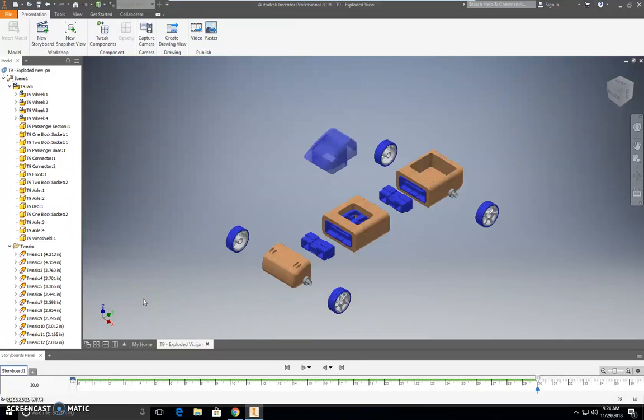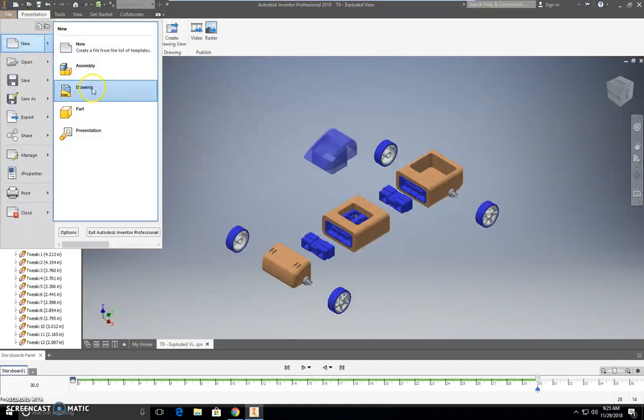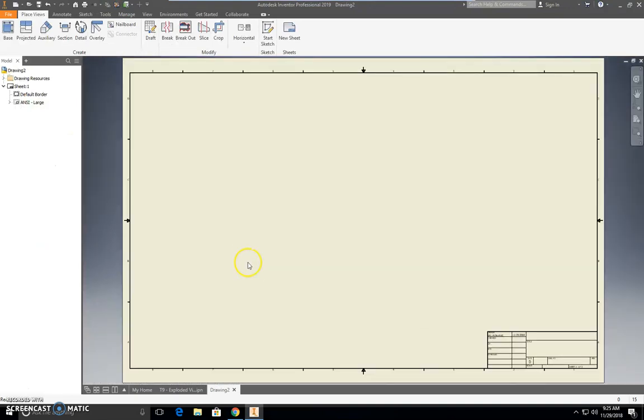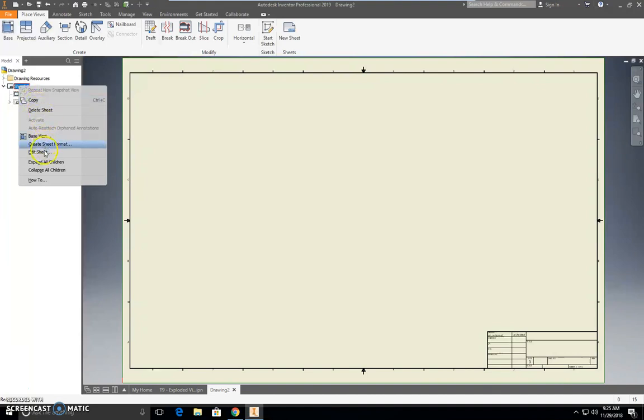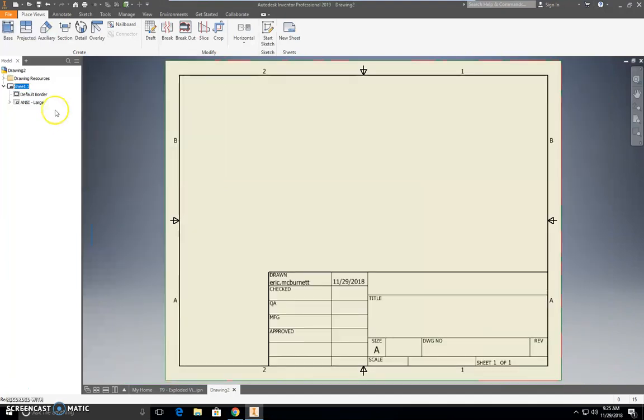Okay, so we've created our exploded view in a presentation on Autodesk Inventor. So now we're going to create a drawing with a parts list. So go to File, New, Drawing. Now again, this comes in the wrong size, so the first thing we always have to do is right-click on Sheet 1, Edit Sheet, change it to size A. We want an 8.5 by 11, and then we need to delete